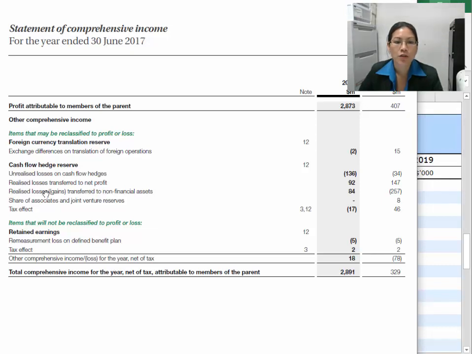Then they've got cash flow hedges that they use for various purposes, and they've got some realised and unrealised losses on those. And then they've got a remeasurement loss on their defined benefit plan, which is to do with the superannuation for their employees. And then they've got the tax effects on each of those items of comprehensive income. So I want to make sure that I'm entering these as is, and that my other comprehensive income has a